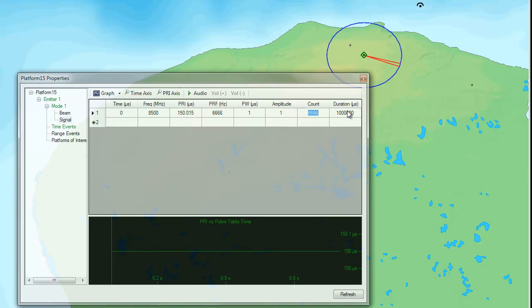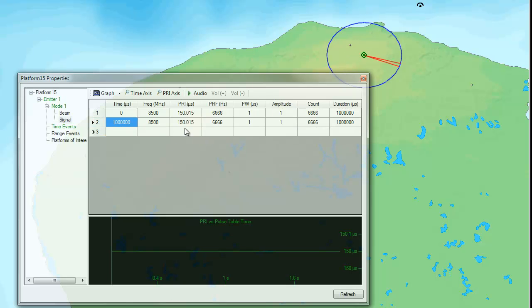In any case, I will now go to add a second row, and I just click over here. I now have a duplicate of basically the first row. I wish to change the PRI to 100, which gives us a PRF of 10,000, which means I need 10,000 pulses to fill up a second. So you can see the duration of both of these is 1 second, and this one starts at 1 second, which you can also verify